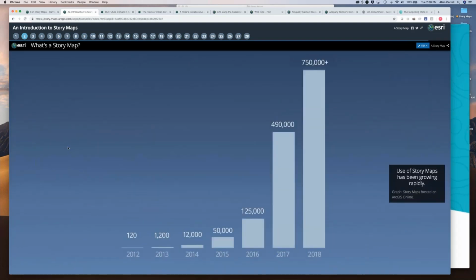It's been a really exciting seven years or so. We've seen our numbers grow exponentially. We're now well over 750,000 story maps hosted on ArcGIS Online, with many thousands more hosted within organizations. We can't see those to count, but my guess is there are about 1 million story maps out there, and it's growing rapidly. And to us, a very exciting subset of those are the stories that groups like you are